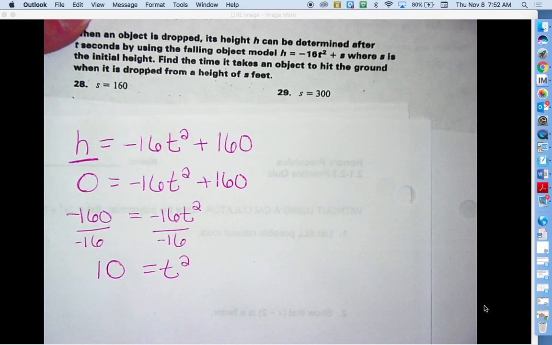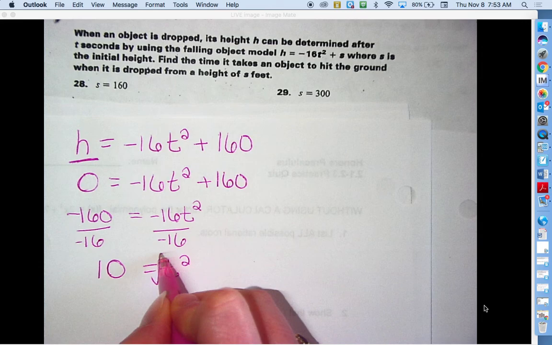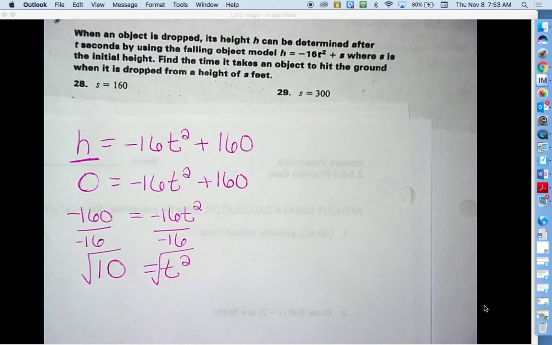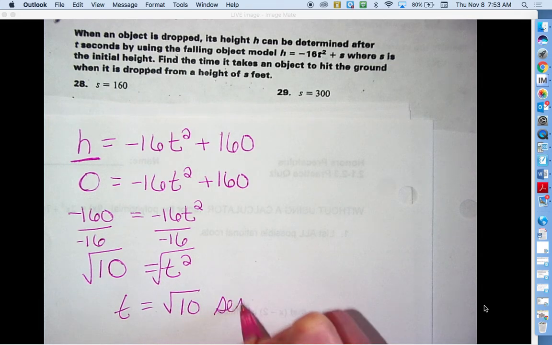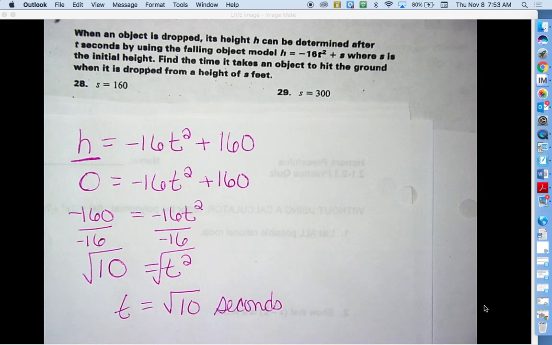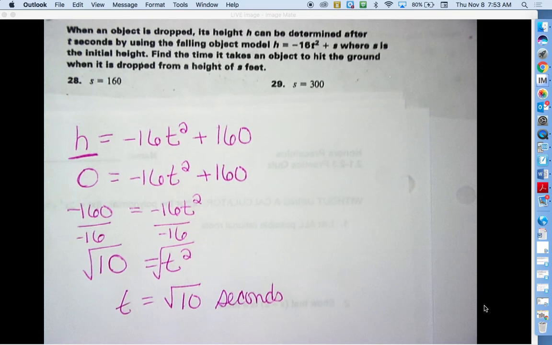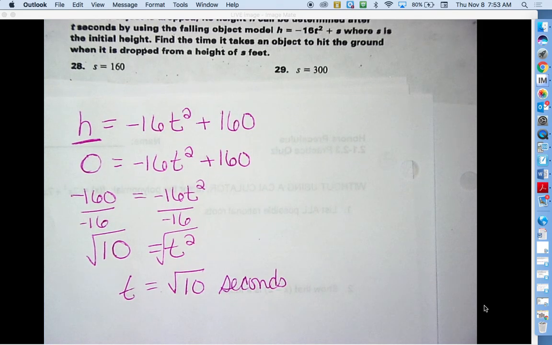And 160 divided by 16 is? Anyone help them out? Julia? 10, yeah. So 160 divided by 16 is 10. So Will, t squared is by itself, but we just want t, so we would square root both sides. Now, if you left it as the square root of 10 seconds,